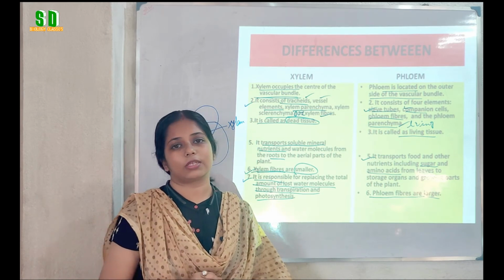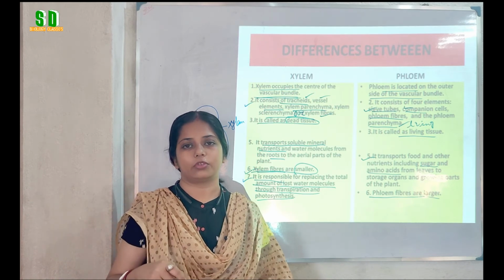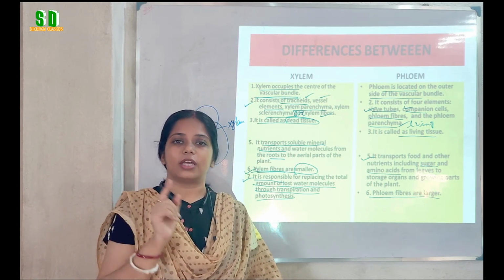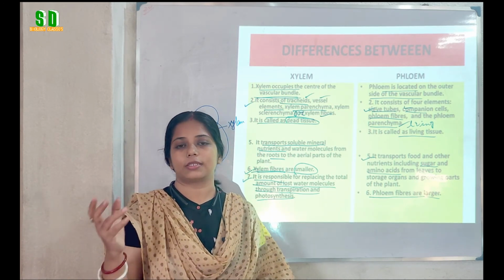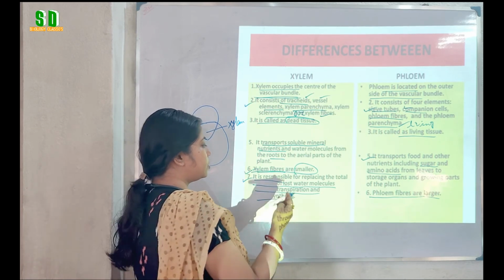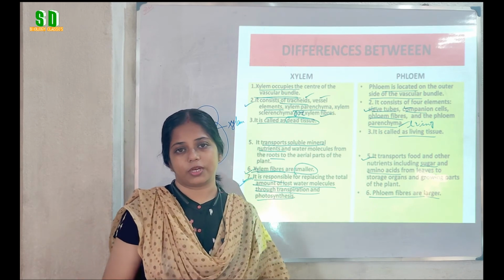Due to the presence of the xylem tissue, the water molecules that are absorbed by the root hair can be sent to the leaf where photosynthesis is possible by the help of water, carbon dioxide, sunlight and in presence of chlorophyll. So for this reason, water conduction through the xylem tissue is very much important.